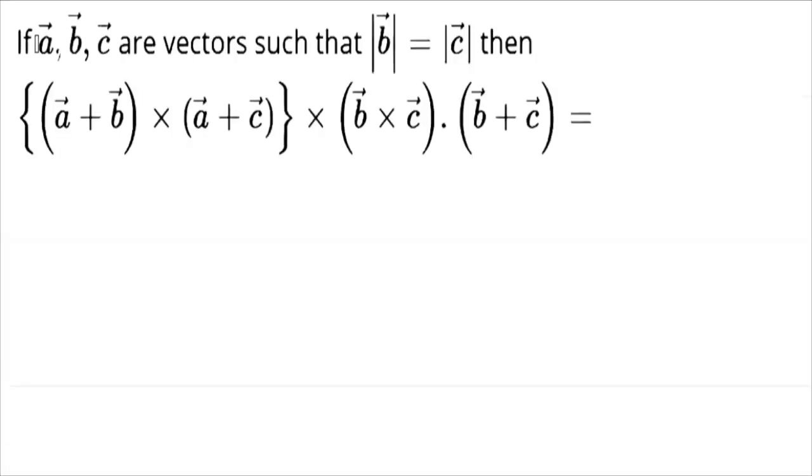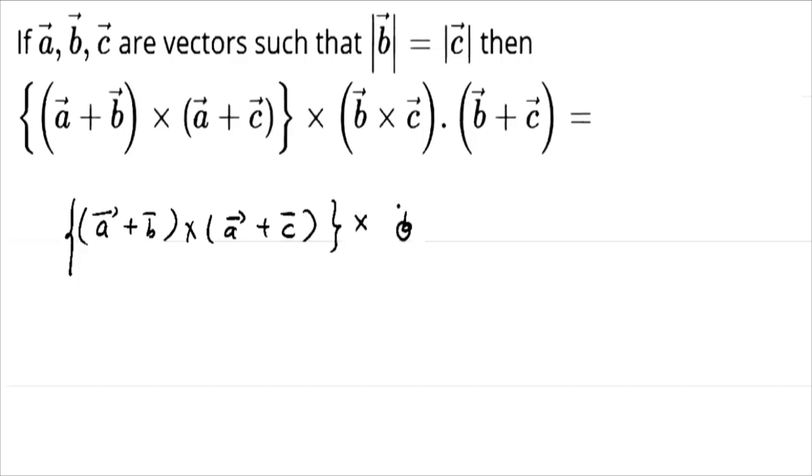Hello everyone, in this question we have vector A, vector B, vector C such that magnitude of B equals magnitude of C. Then (A plus B) cross (A plus C), cross with (B cross C), dot with (B plus C) equals what? Right. Now we have (A plus B) cross (A plus C), and this is cross with B cross C, dot with